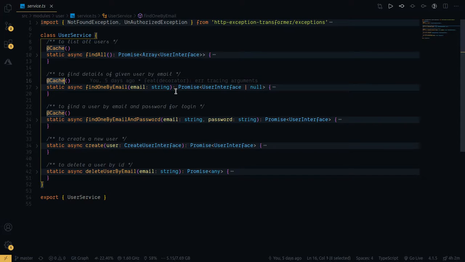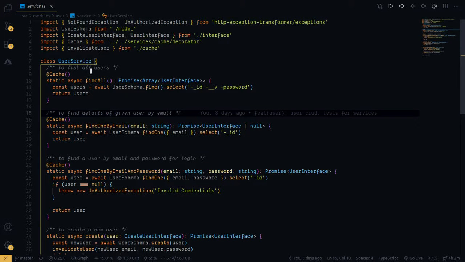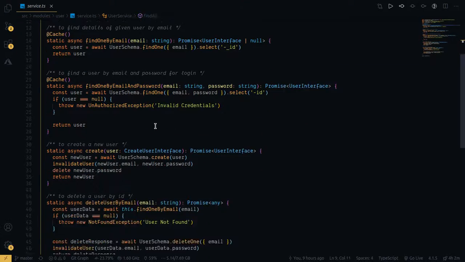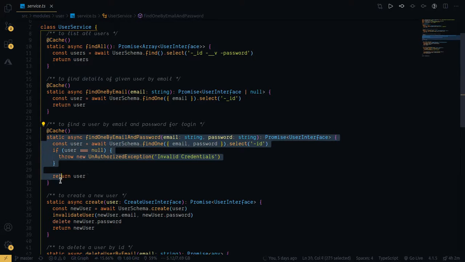That is the thing that took me long to create this prototype and test it, because now if you want to implement caching on any particular function, you just have to add this small decorator, that is @cache, and then it's done. There's no additional syntax or additional overhead whatsoever. You just have to include @cache, and the system implements caching on that particular method.